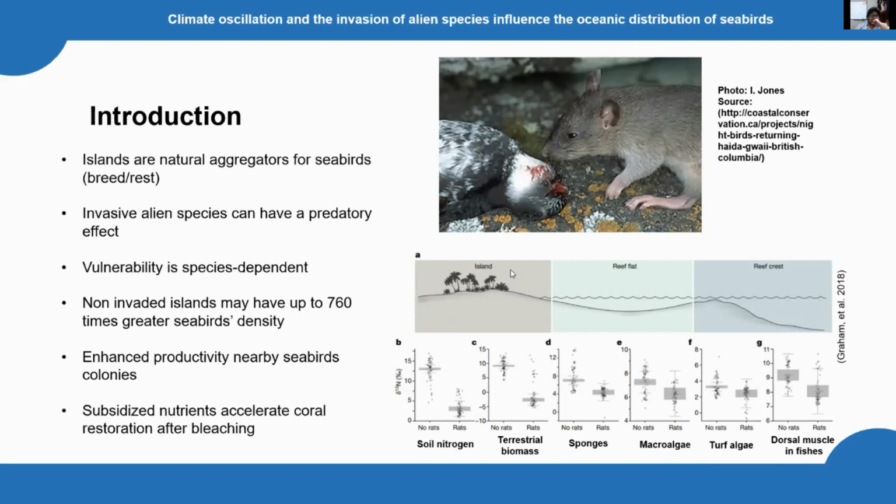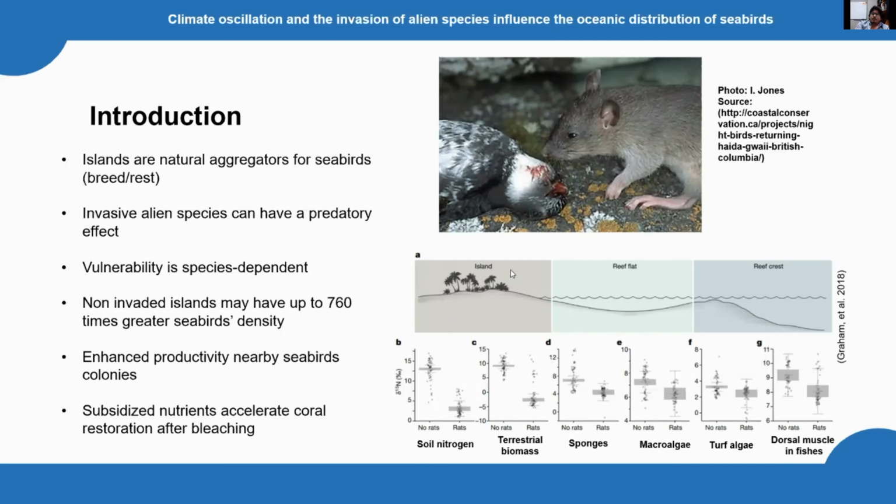So these predatory effects make seabirds vulnerable and reduce the population really, really fast. This vulnerability of seabirds depends upon the species. Some species, especially those that nest in burrows, are more vulnerable than others that nest in trees, for example. For example, studies done by Graham in the Indian Ocean found